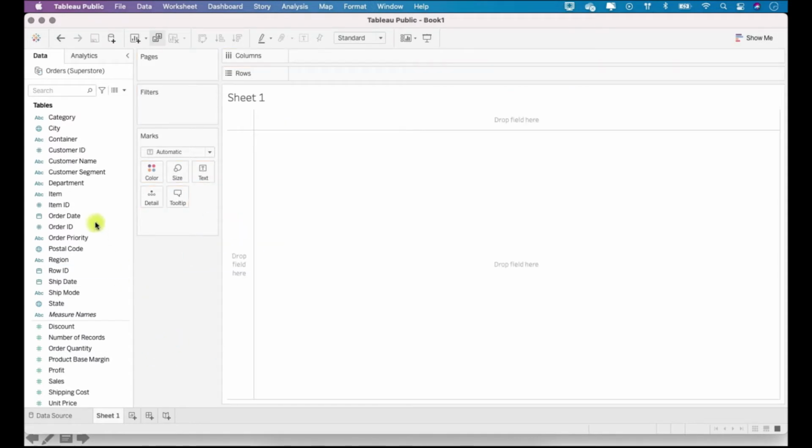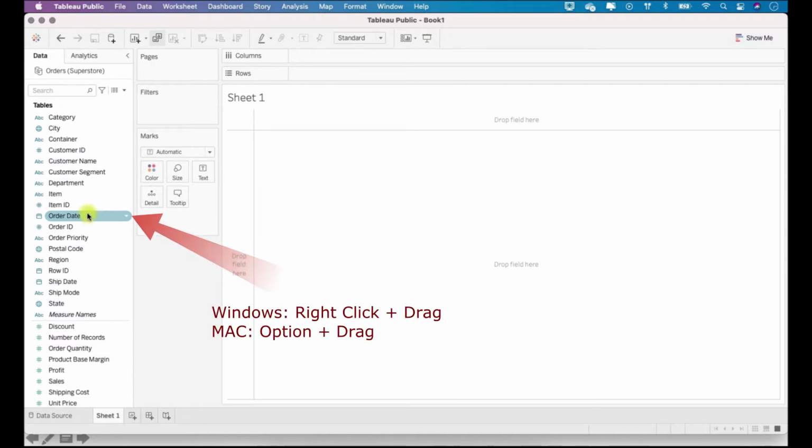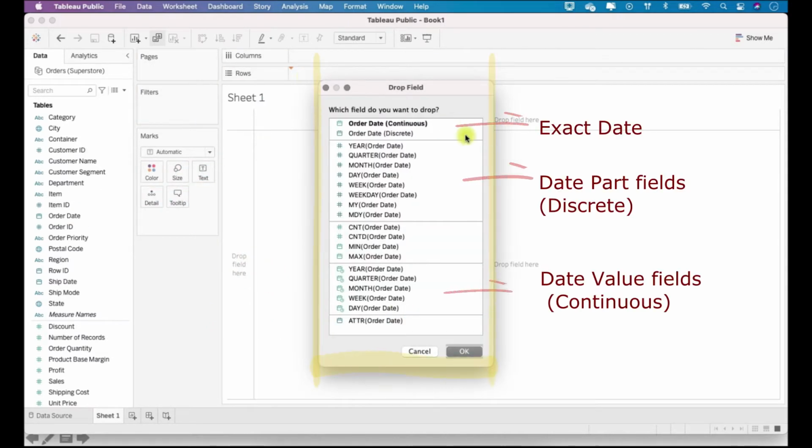Another thing is that when you are using the date field, you can just right click and drag this field, and on Mac you can press the option button and drag this field, so you get a pop-up, and here you can select how to display your date field. So you can display it as an exact date by using the first two functions, either continuous or discrete.